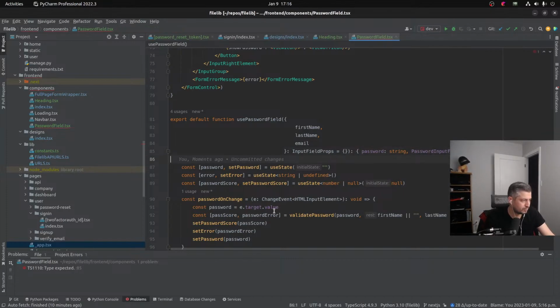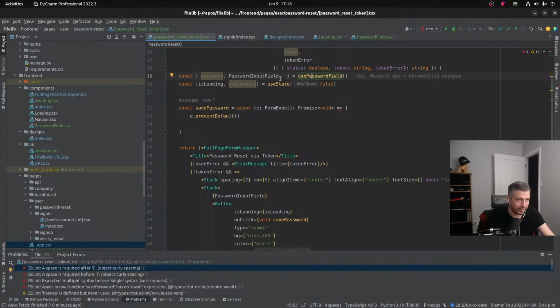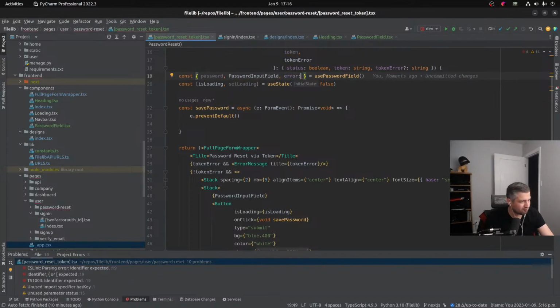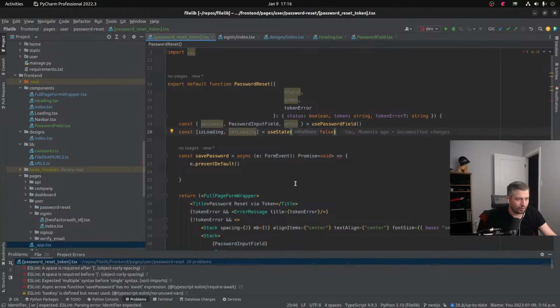So that, oh shit, what am I doing? I'm so out of place. Okay, so this is good. And now, since we have our error as well, I can come down here and say error. I think, yeah, token error. It doesn't really matter now. There is no overlap with any other names. And I'm going to say